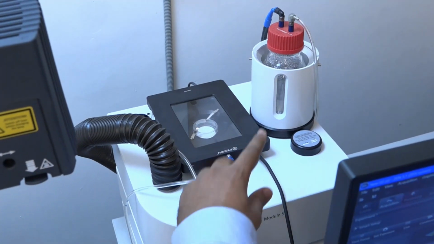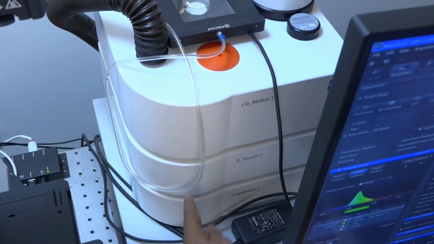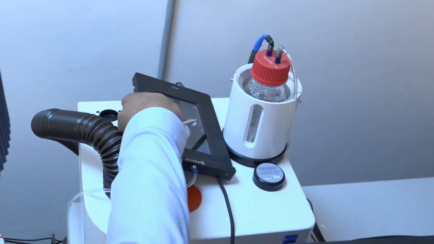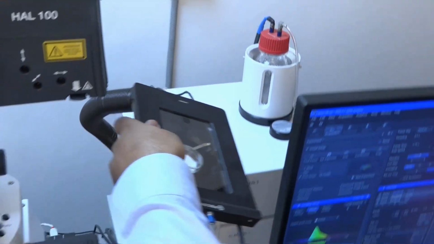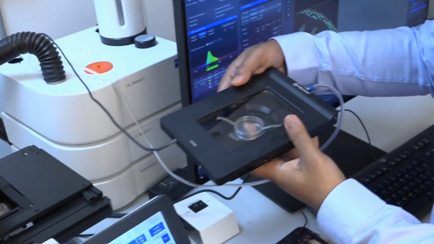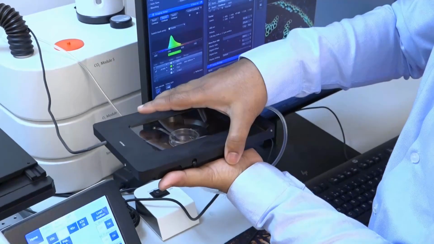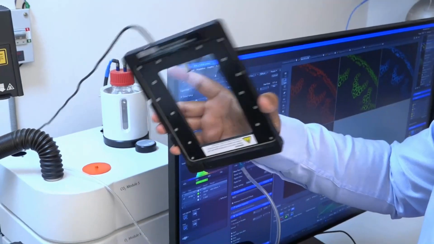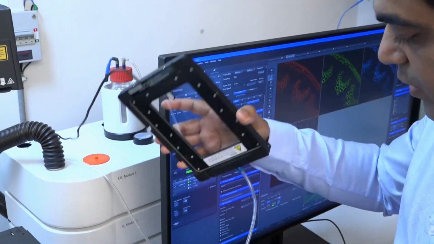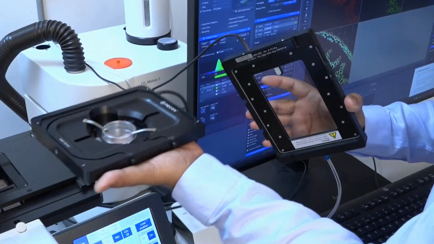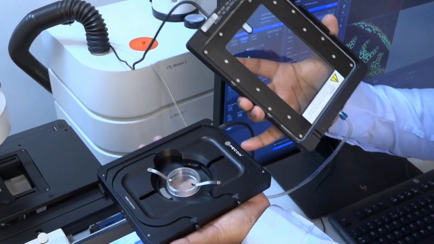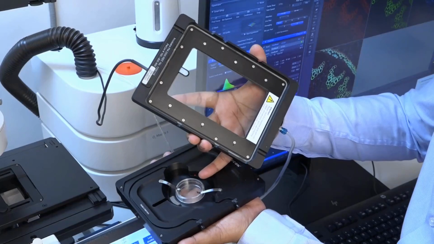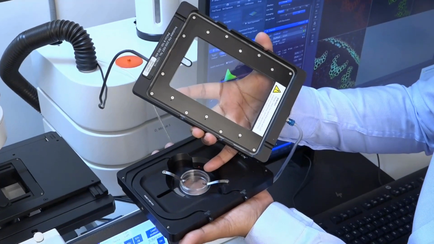So for live cells, as you can see, this is an attachment which is basically a stage top incubator. This is the cover lid, and on the cover lid there is glass, and you can have temperature control for the cover lid also. Below the cover lid you have this platform, which comes from Pecon. It has an internal chamber which you can see here, where a 35 mm Petri plate is placed.